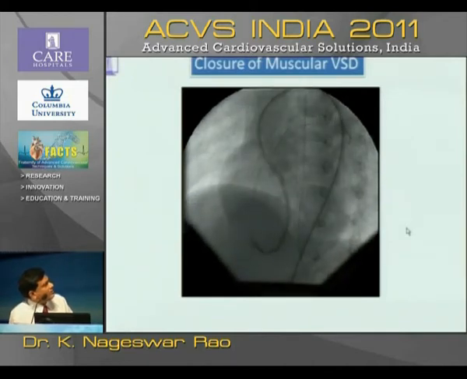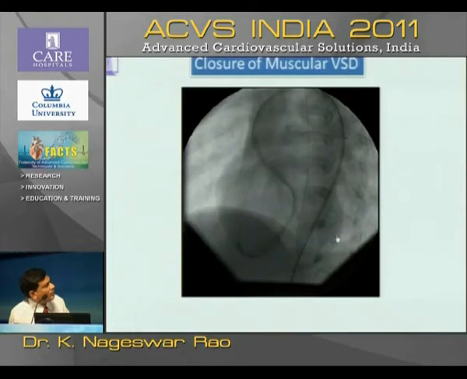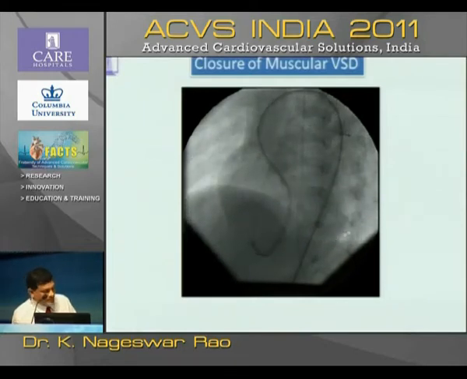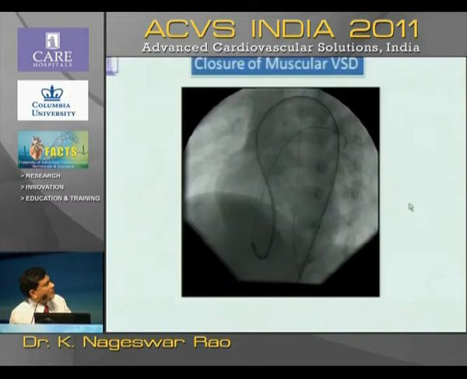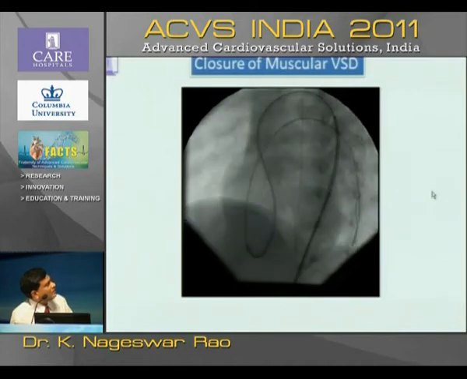When you have a muscular VSD of this kind, some amount of tortuosity of the catheter is inevitable, and sometimes you may anticipate instability of the catheters. Hence, we sometimes keep an additional 0.014 Galileo extra support wire or Roadrunner wire, whatever is available. This is called the buddy wire technique, which is described. Actually, one of our colleagues suggested this.